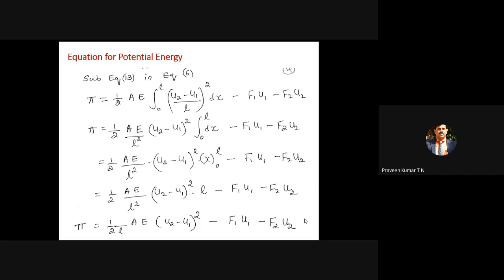In variational finite element analysis, we concentrate more and more on the variation of the energy in the system. Finally, we want to know when the system comes to equilibrium. When the variation of the energy is minimum, only then does the system come to equilibrium. That variation is nothing but differentiation.